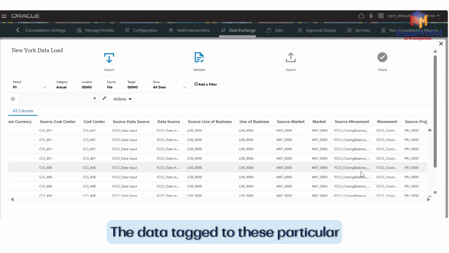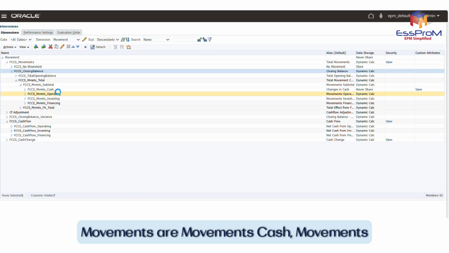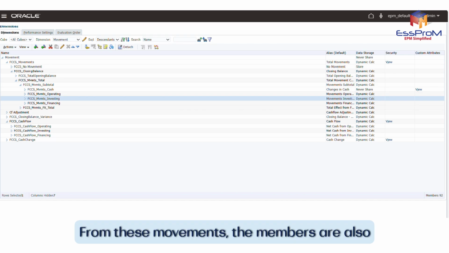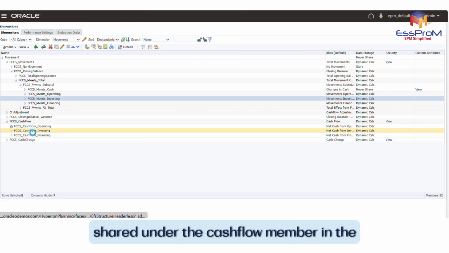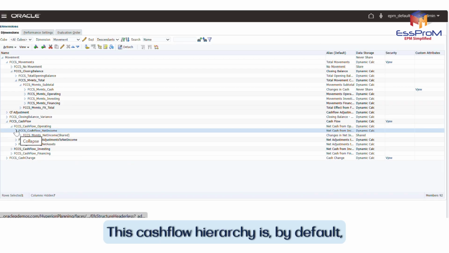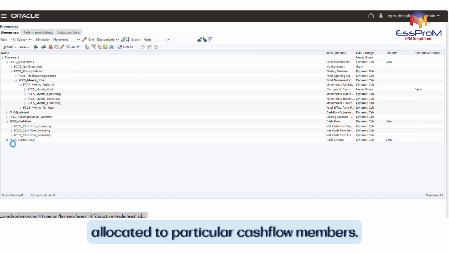The data tagged to these particular movements under closing balance, under four movements, are movements cash, movements operating, movements finance and movements investing. From these movements, the members are also shared under the cash flow member in the same movement dimension. This cash flow hierarchy is, by default, built in such a way that the data gets allocated to particular